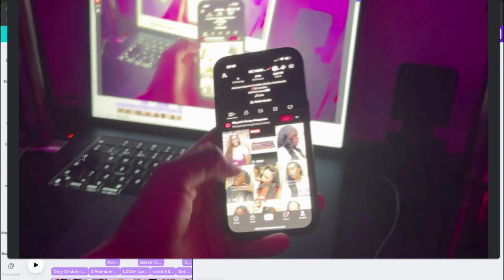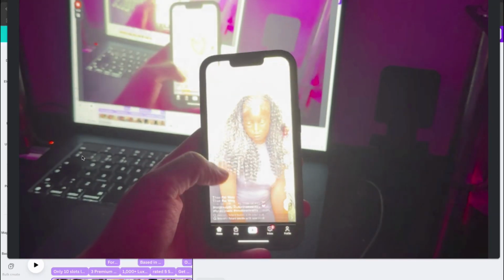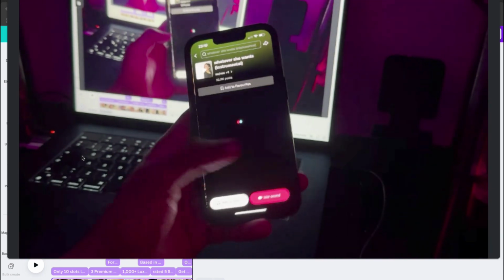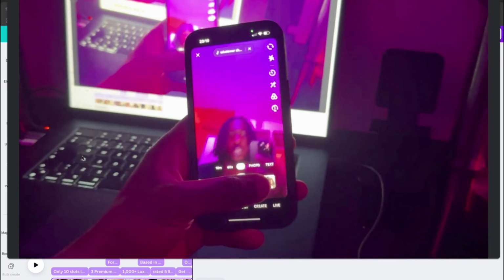So let me just show you guys. I'm gonna have to hold the phone the whole entire time, so you guys will have to look like this. So what I do, it will scroll through. I'll see like, okay, cool, that seems good. So then I'll click that, and then I will